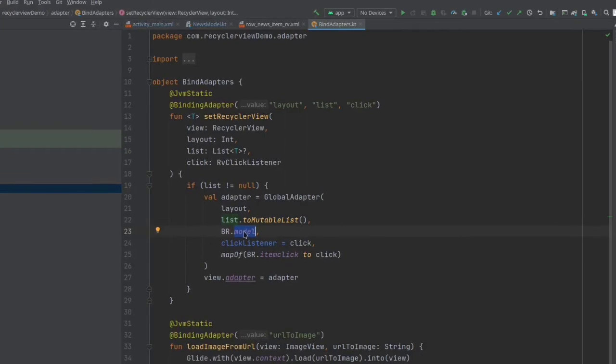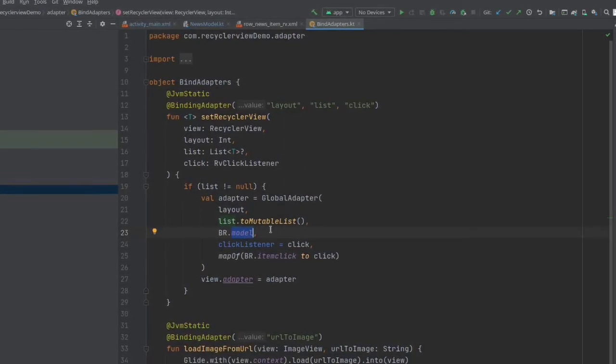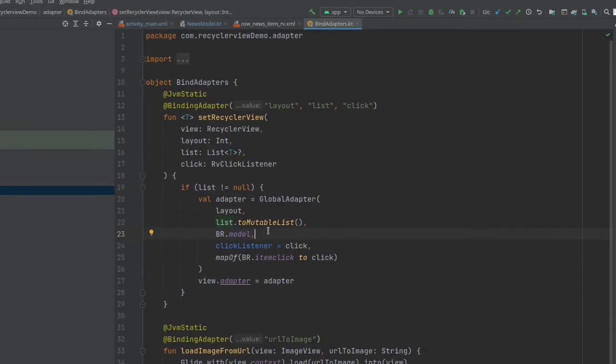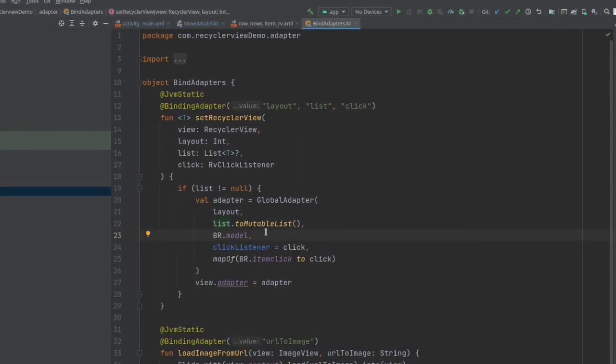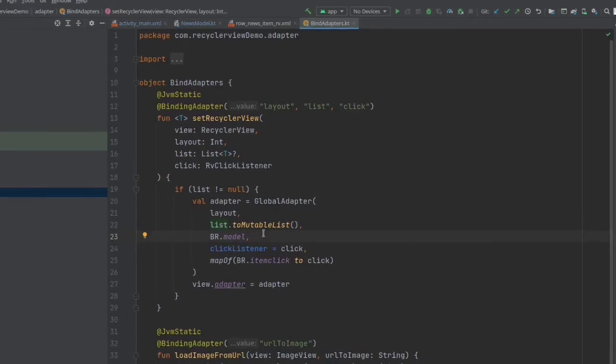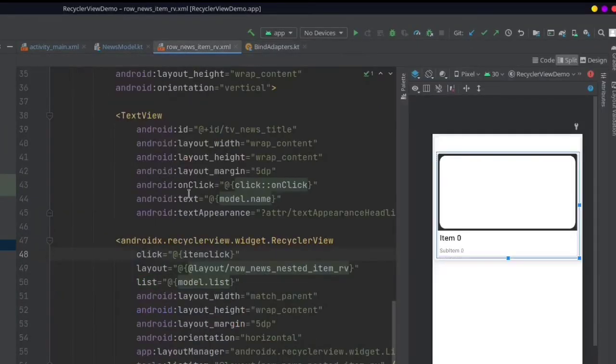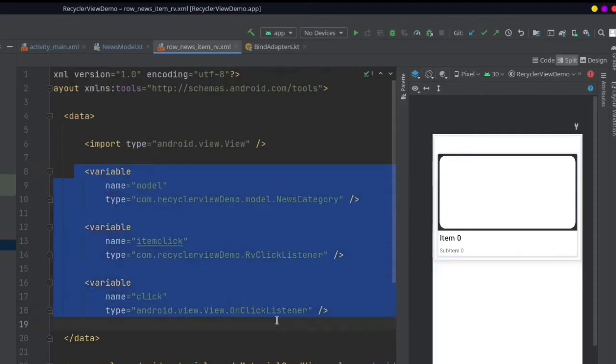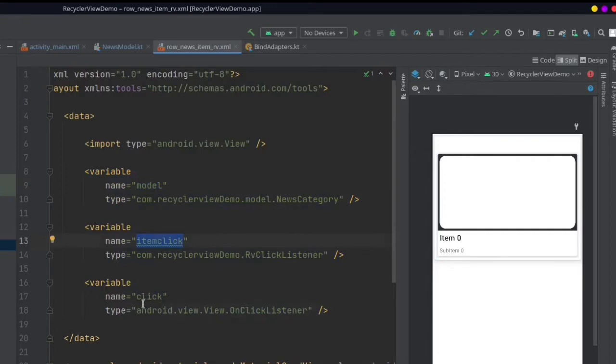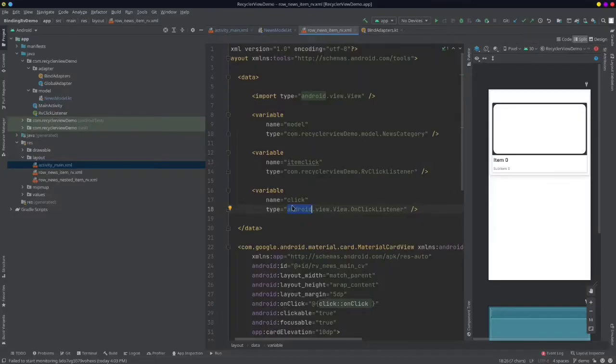As we have talked before about the names of the variables, I am defining those names beforehand and then carrying them forward to our next files. As we can see here, this row file also contains the same names. This is the key here, because we are setting up and passing forward the variables with the help of our br file. If you don't know about the br file, the br file is the global file which is single in the project, and it contains different variables which you can define.